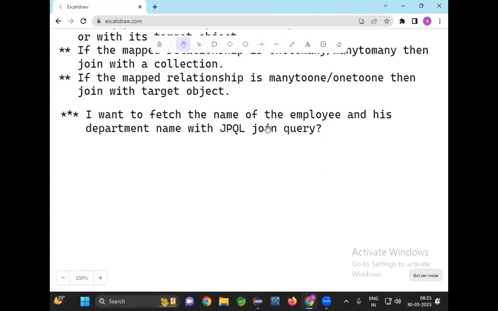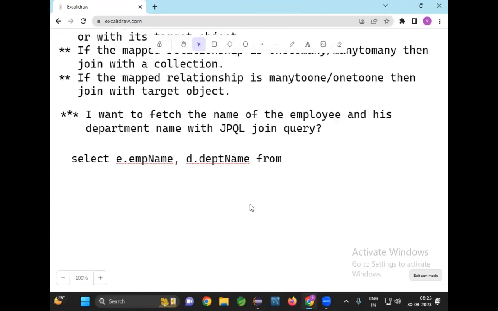I want to fetch the name of the employee and his department name with the JPQL join query. Let me give you. Look at the query. Select e.empName, d.deptName from